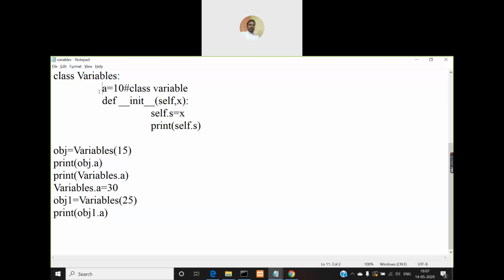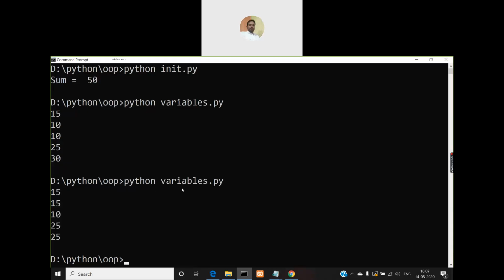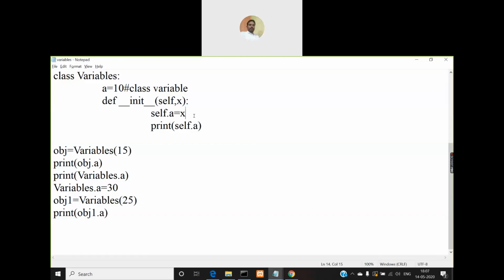So similarly here also, if there is no object variable with name a, then when you use the object of the class and refer to that variable name, this will refer to the class variable. But if there is an object variable, say here if I define a instead of s, self.a, so now what will self.a be? And here I will change it to a. So if I run this program now, what will be displayed? obj.a will display 15, right? Because there are two variables now, one is the object variable, this is the object variable.